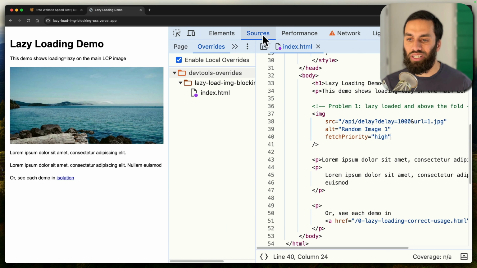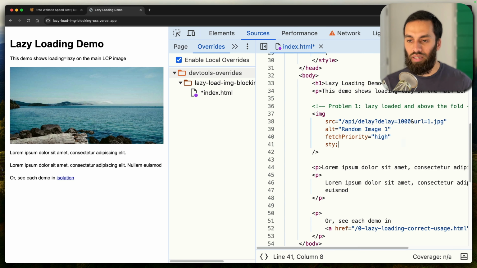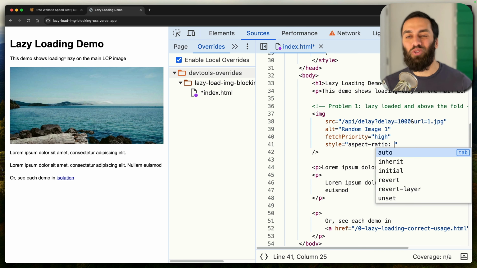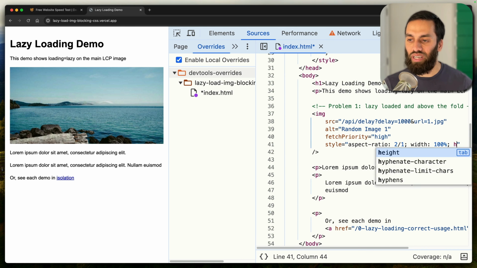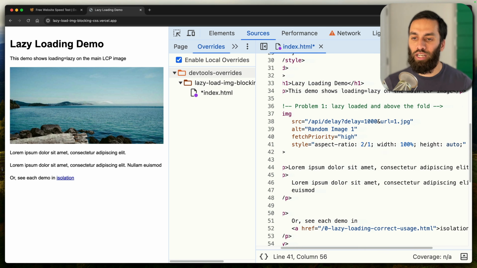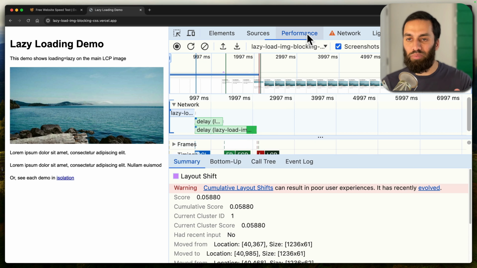And as usual, we're going to go back into the sources panel and just make our change right here. Style equals aspect-ratio. That's nice that you get auto suggest even in an inline style attribute. Of course, I'm doing this for the sake of a demo, by the way. This sort of stuff I would typically add in a style sheet, but there's the aspect ratio. And just to be safe, width of 100 and height of auto. Hit Command S to save it and see if, regardless of the performance panel, you can actually see any change on the page